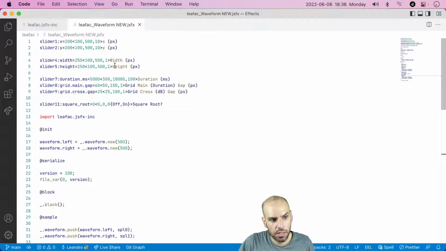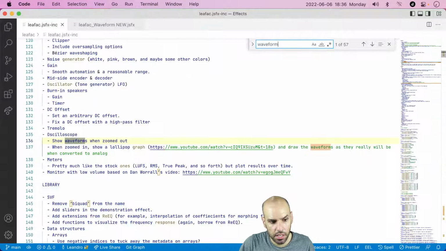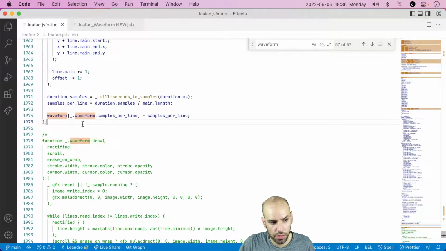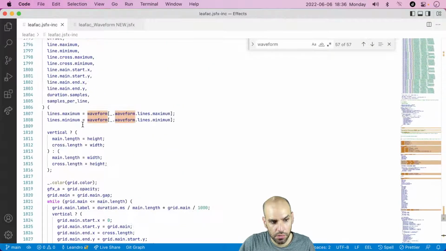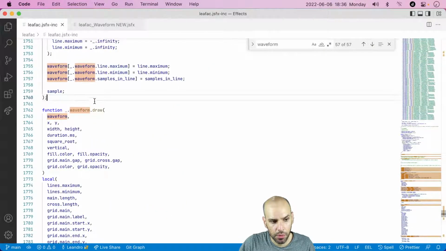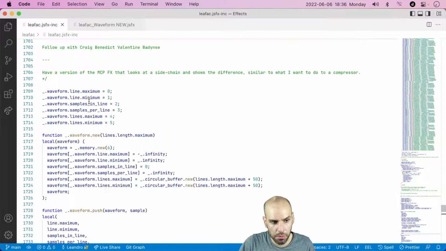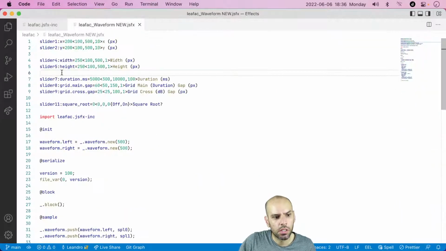So let's dive into the code. This is the thing that we were looking at. It's the demonstration of the waveform display. This is the implementation of the library for the waveform display. We will keep this around because most probably we will run into something that the library cannot do yet that we need. So I'll keep that around. And I will also open